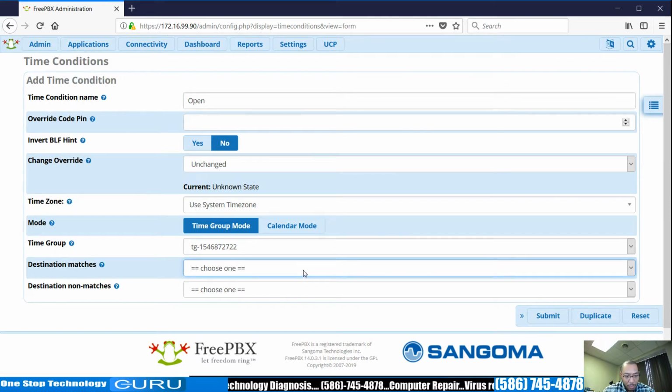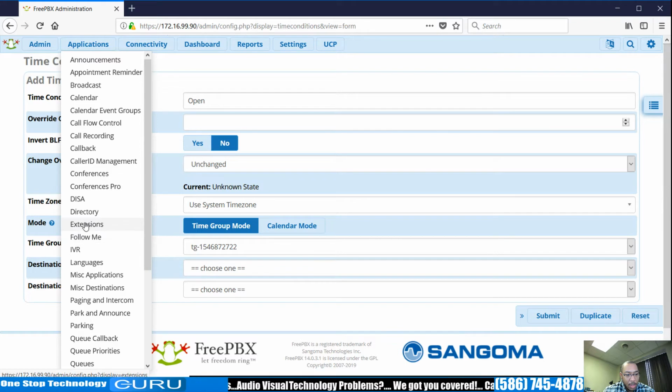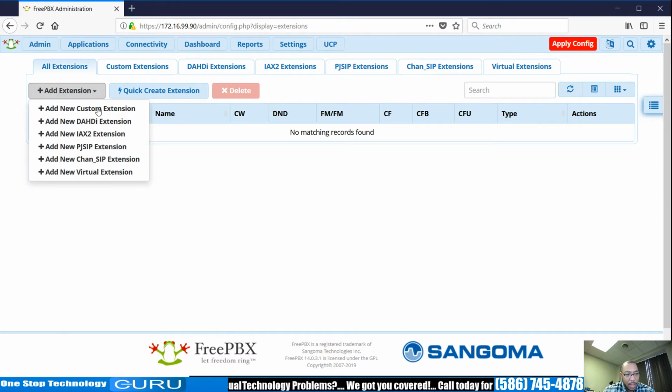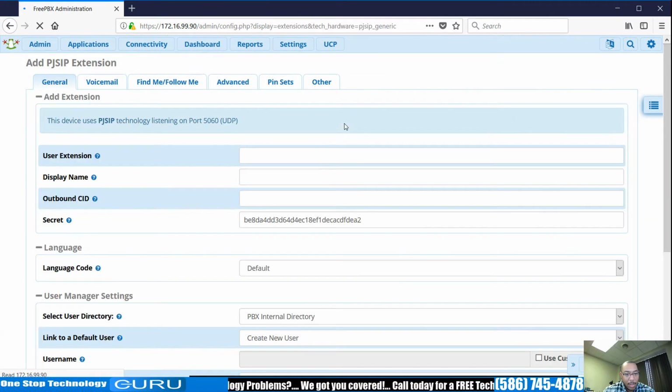And then that would be where calls will flow. And if the destination doesn't match, what do you want to do? So again, you could come in and say, well, if that call doesn't work, then what we might want to do is send it to another extension if that's what you want it to do. Or what we can do, let's actually go over here, because if we'll just fully create extension 200 just so